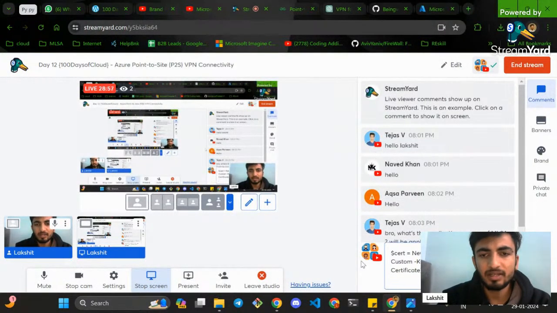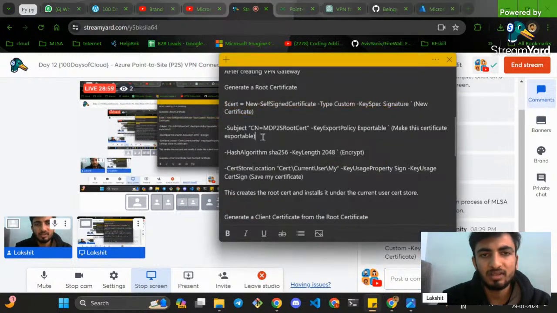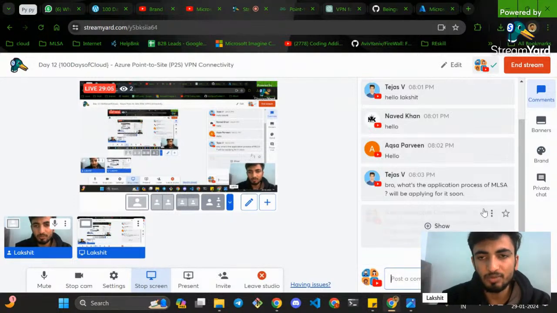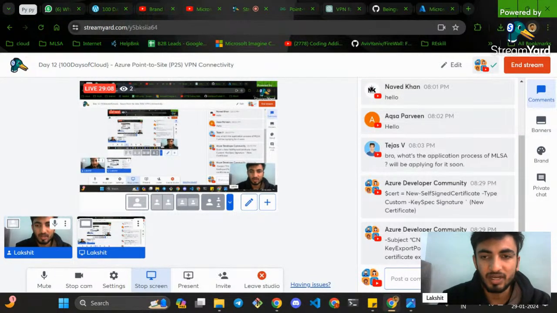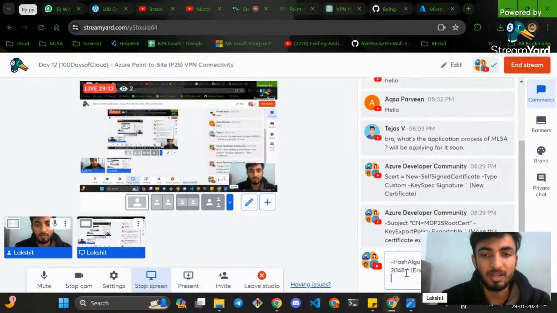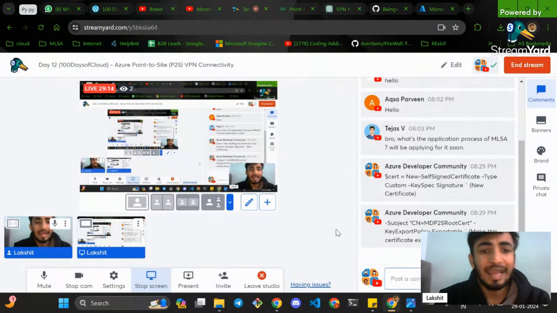This is the first command, right? The first command is all about making a new certificate. You are giving a command to make a new certificate. Second, make the certificate exportable, right? Third command, encrypt the certificate, because if we do not encrypt our certificate, anyone on the internet,